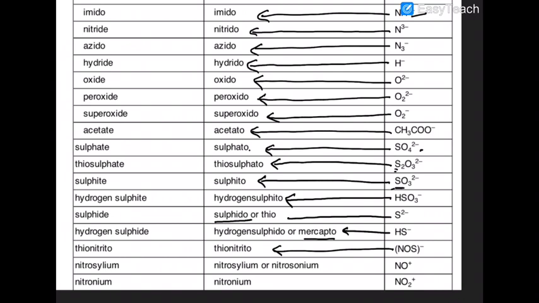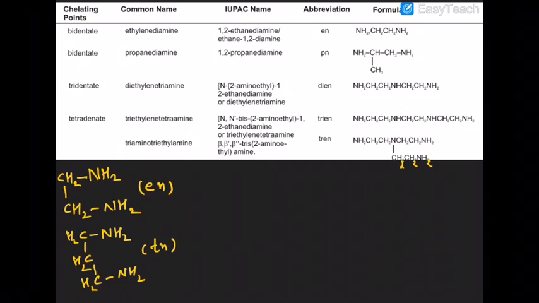NO plus, that is very, very important in many complexes. Later on in the chapter you will hear about charge transfer complexes where NO becomes NO plus. If NO becomes NO plus, it is called nitrosonium or nitrosylium. Nitrosylium is the more appropriate name. NO2 plus, nitronium. What is that called? Nitronium. Now these are very, very important words.